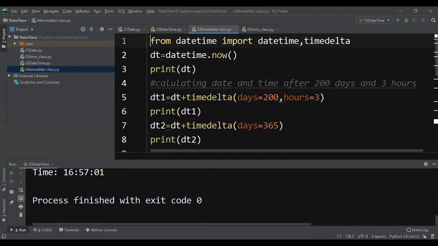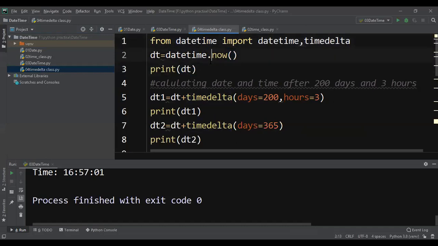And the last program and the last class we are going to discuss is this. Now here I want to import two classes, the datetime class and the timedelta class. That is also possible from the datetime module. I'm importing datetime, comma, timedelta. Two classes I'm importing; you only have to mention the comma, that's all.